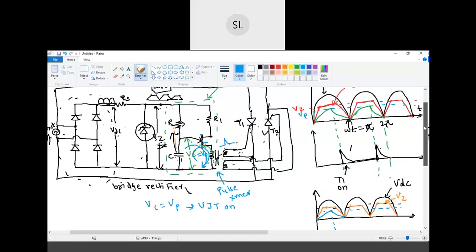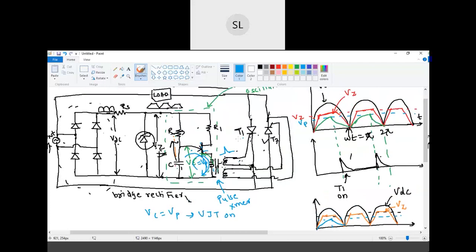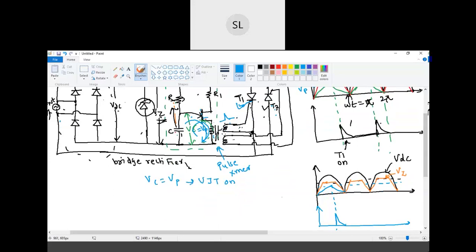Now, at the secondary side, we have two thyristors, T1 and T2. These two thyristors have been connected in anti-parallel so that one of them will be on in the respective half cycle. During the positive half cycle of the input, T1 will be forward biased, whereas in the negative half cycle of the input, T2 will be forward biased. So during the positive half cycle, when the pulse is generated, T1 will be turned on. T2 will be in the off state, so the load current will start flowing through this load. Okay.